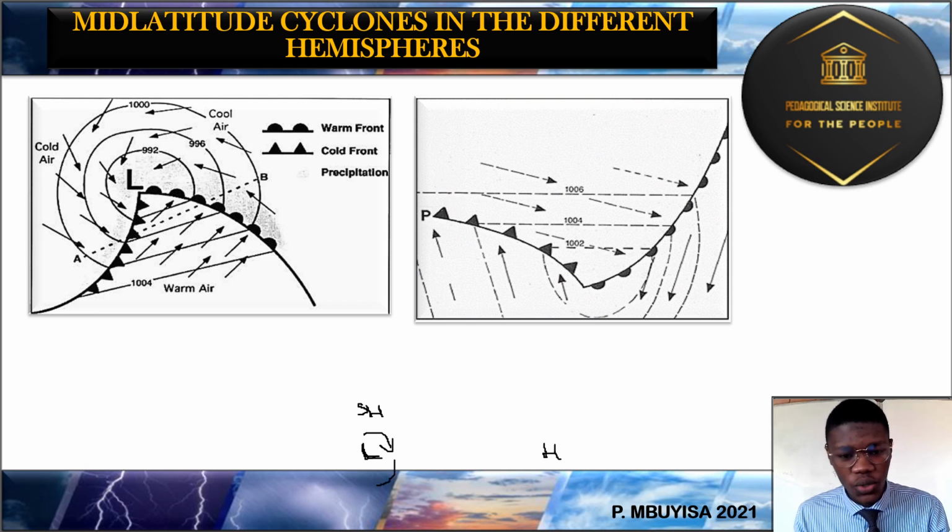So I'm just going to use arrows to demarcate this. In the southern hemisphere, all low pressure systems will always circulate in a clockwise direction. So that applies with low pressure systems. With regards to high pressure systems in the southern hemisphere, it means that they will circulate in the opposite direction, being the